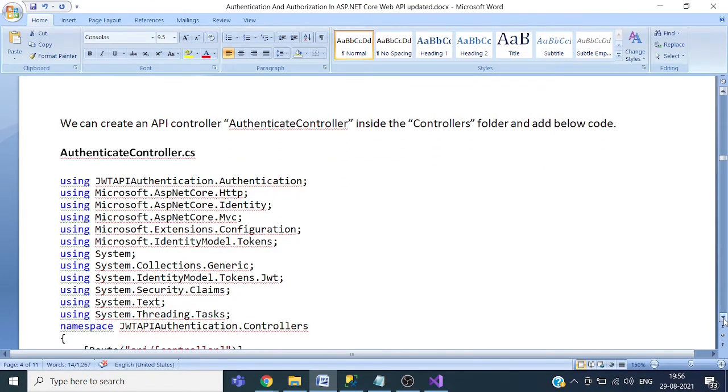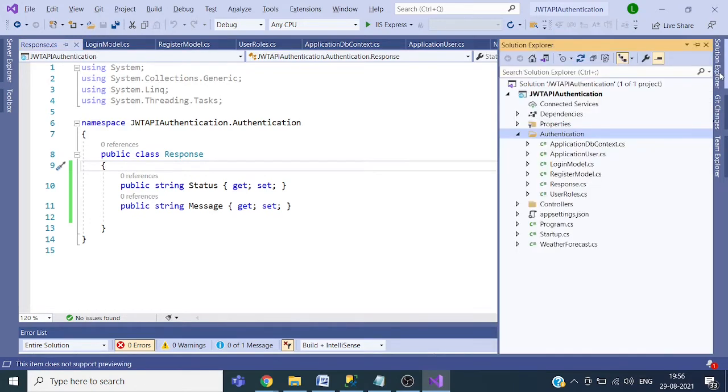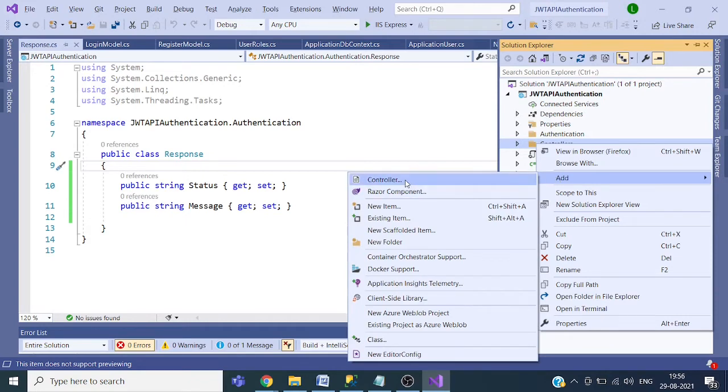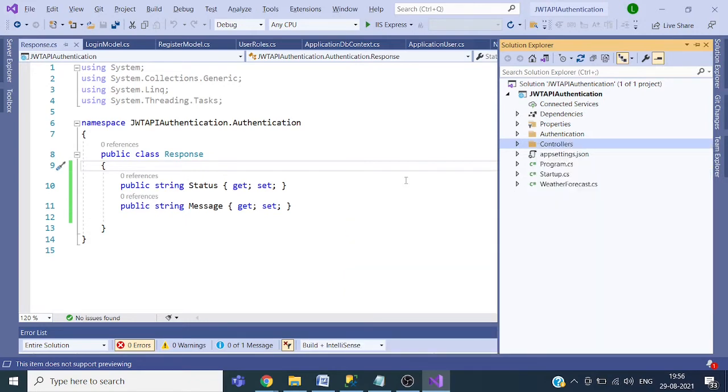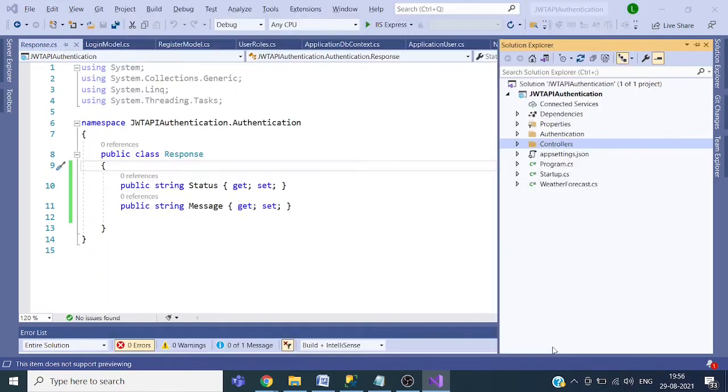Now we will add a controller, the Authenticate controller, and then we will implement methods for login and register. So right click on Controllers, Add Controller, select API Controller Empty, click Add.